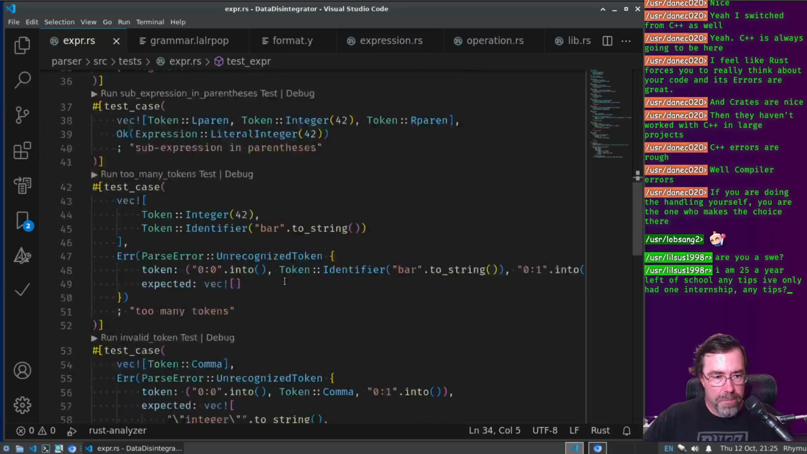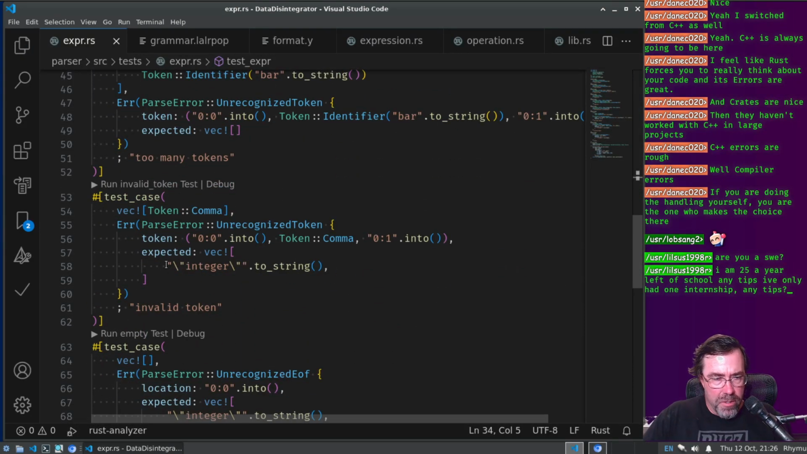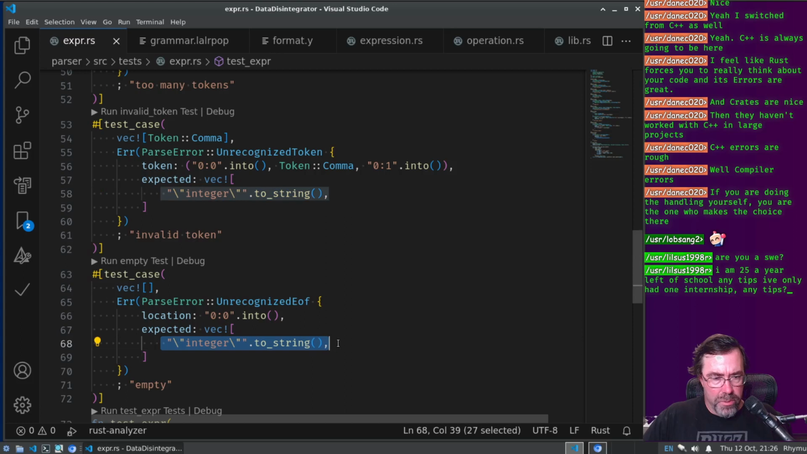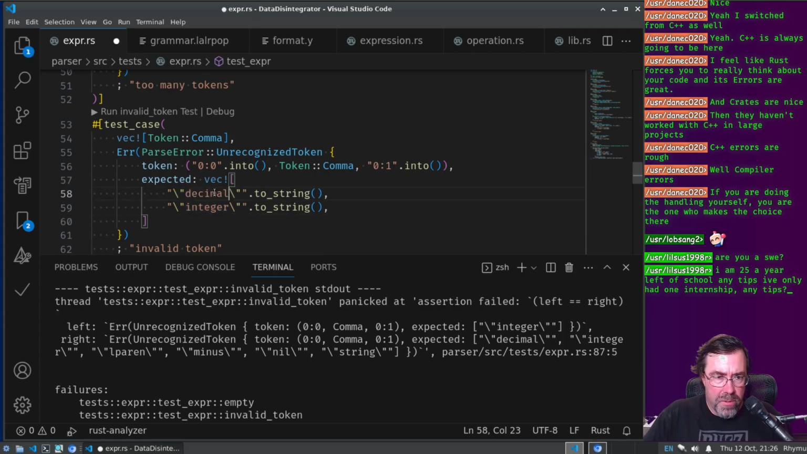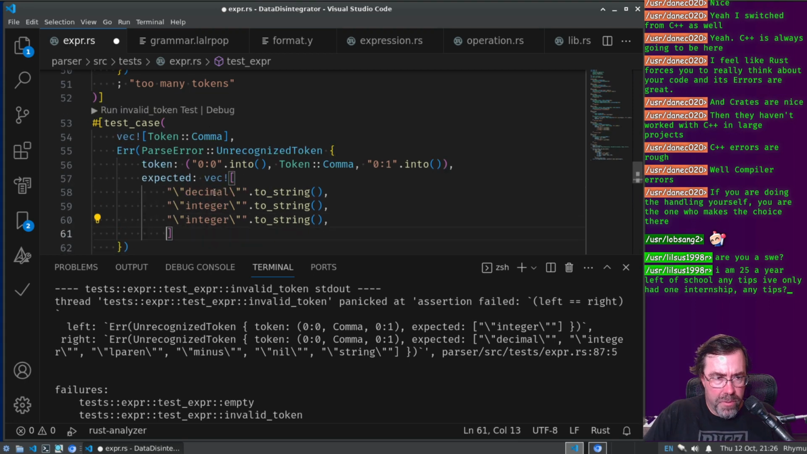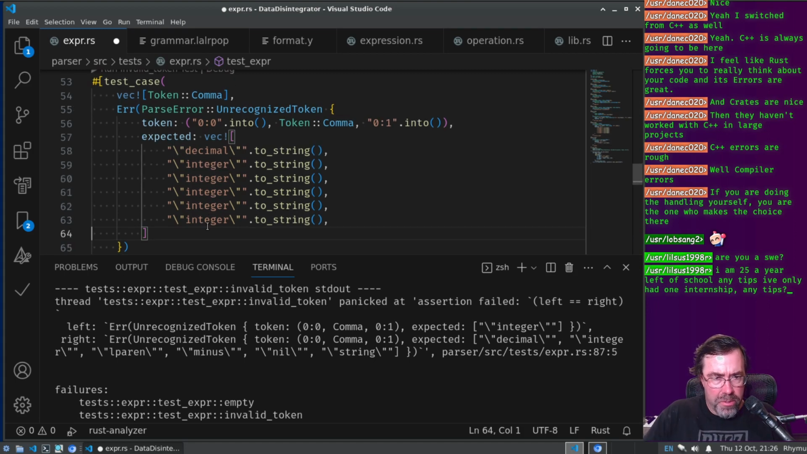Okay, yeah, I broke the case where we had the alternatives, right? Empty and invalid. These used to be the only alternatives, but now we have a whole bunch. I don't like the repetition, but we're going to have to do it. I'll just list all the ones that they had, and I'll keep it in the same order they have it. Decimal, integer, and then it was left paren minus nil and string. Left paren